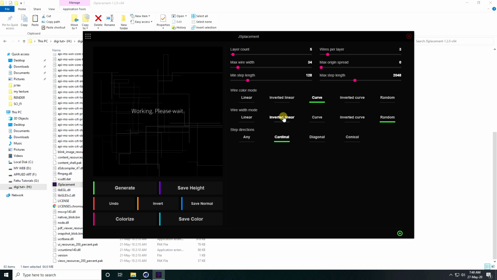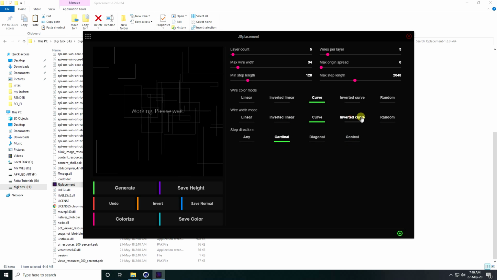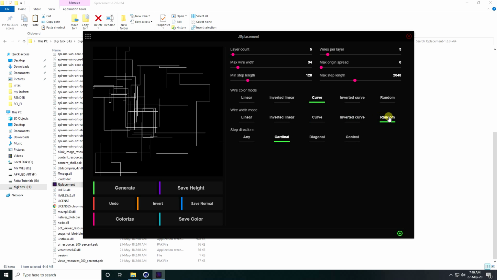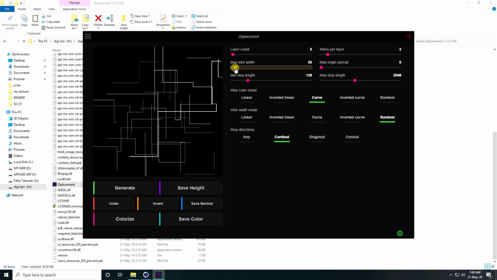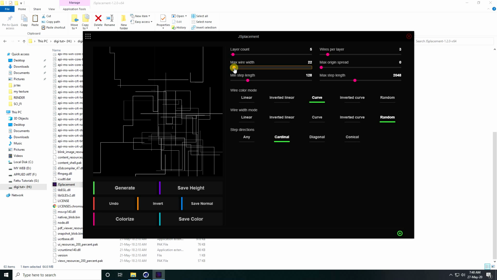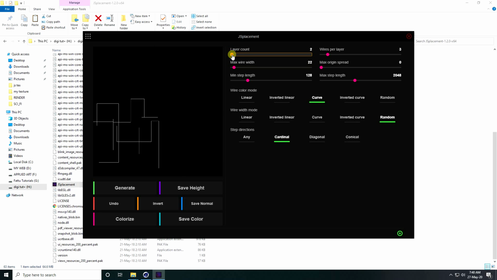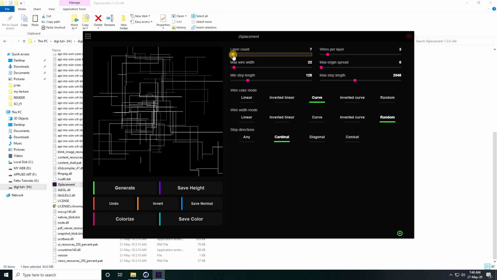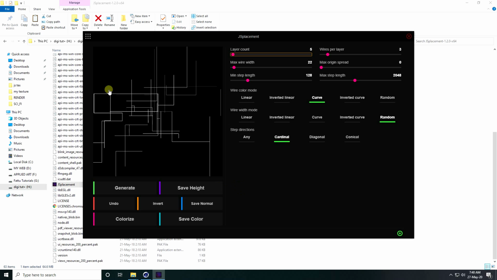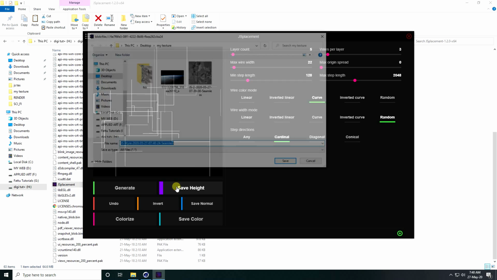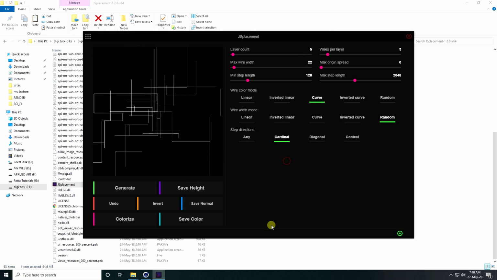A little bit decrease this wire breadth, and also change the layer count. See, that's my final image. Save this image, press OK, save.